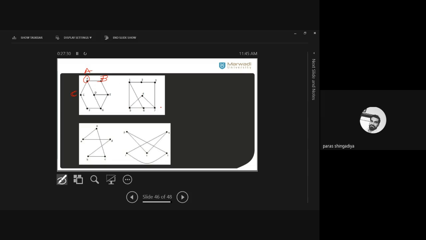But if I put A dash here, at this vertex, that is our image of A. So it is adjacent with two vertices, this place and this place. It has degree 2. Clear? Is it correct or not? Clear? So now which place will be B dash and which place will be C dash?